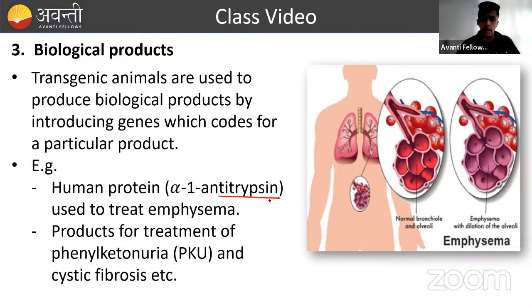Okay. So we understand the disease phenylketonuria. What happens in phenylketonuria is because of the absence of a particular enzyme that helps in converting phenylalanine into tyrosine. So that is why ketonuria occurs, isn't it? So now we can actually supplement these patients with the enzyme that is responsible for converting this. Then they can get a temporary relief, and also with respect to cystic fibrosis. Okay. So a lot of these diseases require biologically important products. And these products are developed from transgenic animals only.